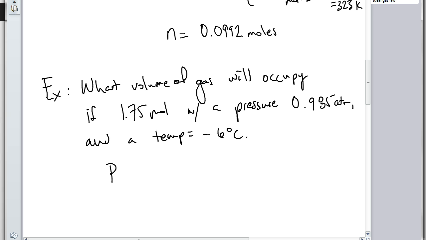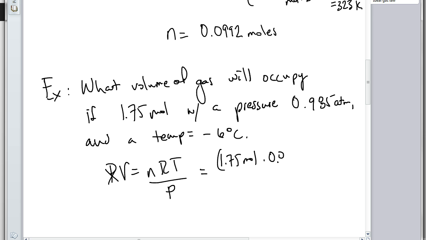So again, this is going to be an ideal gas law problem because we're involving moles. PV equals nRT. We're looking for volume of a gas, so we're going to go ahead and divide both sides by P. We're going to just plug some numbers in here. We have 1.75 moles. We're going to multiply that by R, 0.0821 liters atmosphere per mole Kelvin, multiplied by temperature. For temperature, we have -6 degrees Celsius, which we've got to make sure we do the proper math there. We get 267 Kelvin. We're going to divide the whole thing by the pressure,